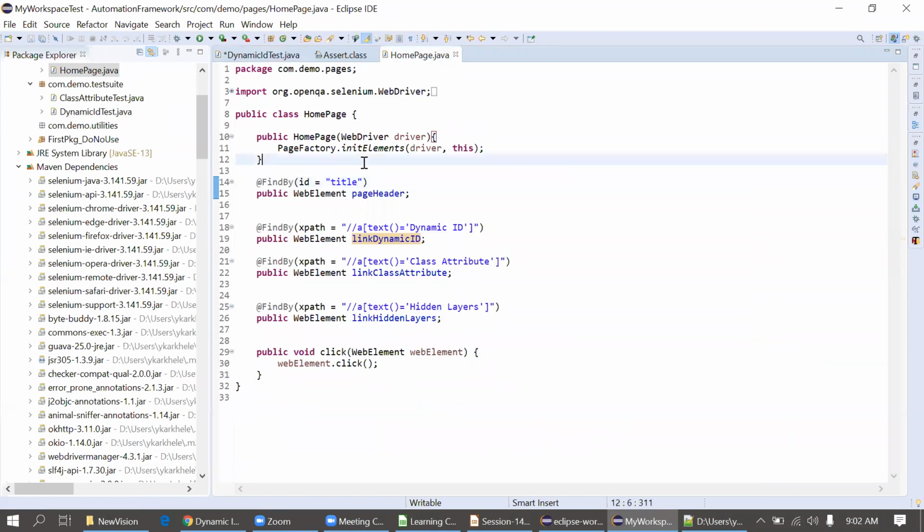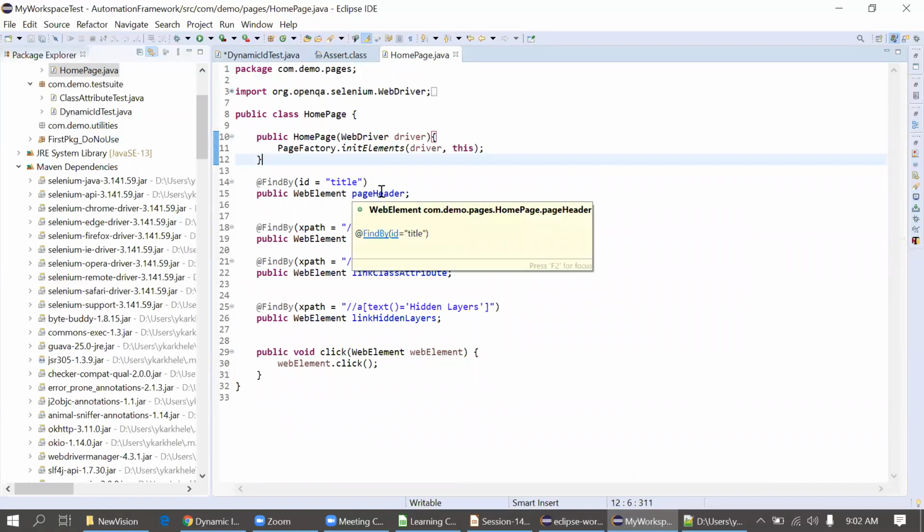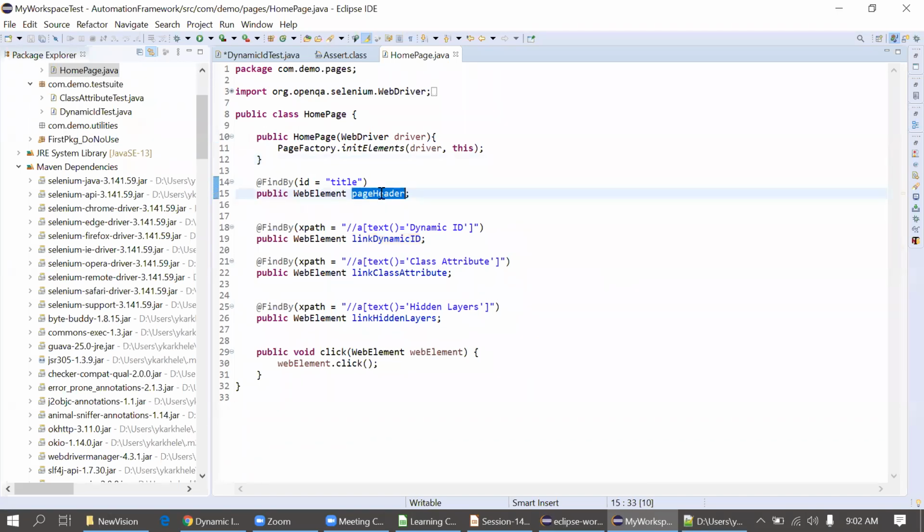So explicitly we don't have to use the findElement method. It will return the text or anything which the web element has on the UI. So simply you can see page header is holding the value of this ID title which is present on the UI.